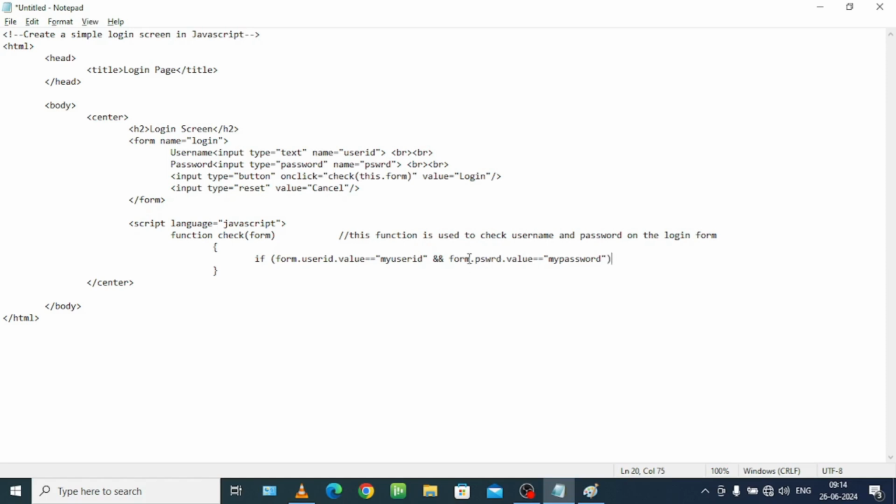So the second one means this one, this form which has a value is my password. So when you enter the username as my user ID and the password as my password, then what it will do,